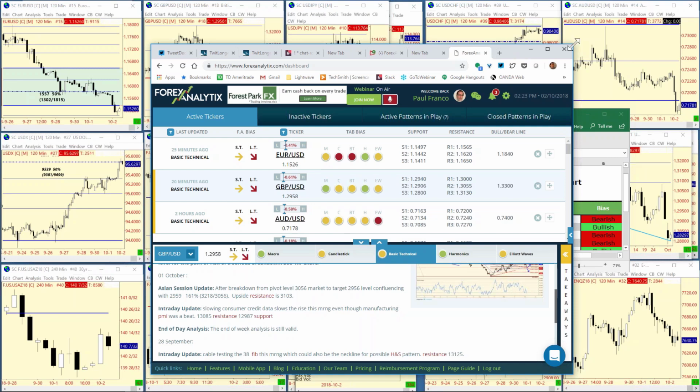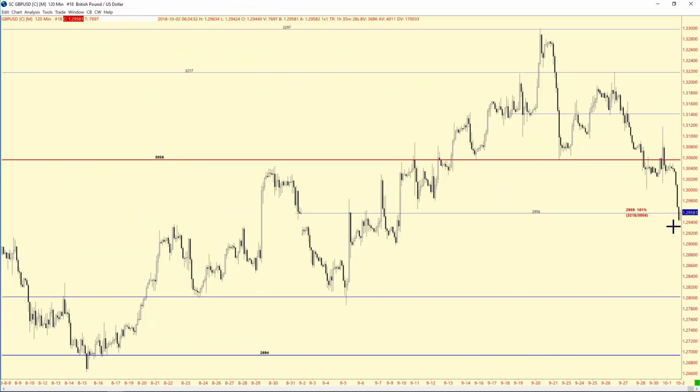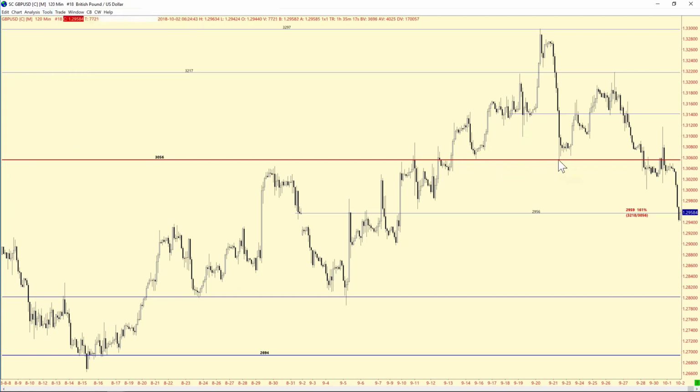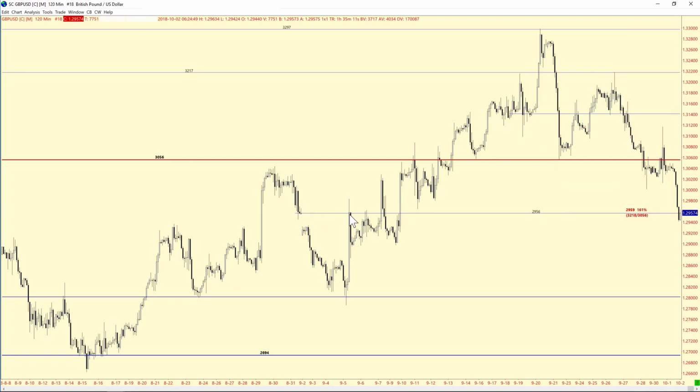You have the ability to go in and have all that information available to you here with the ForexAnalytix, and lo and behold, look where the cable went to, right there, 29.56, even went past it, and there's 161%. I did point that out earlier. So we were looking for confluence, and there was 161% right there. So it made sense to me that that would be a downside target for the cable. Right there, 29.56. You see those nice touches coming across? And then confluencing with the 161%, a little bit of overshoot, and that's where the market decided to go.